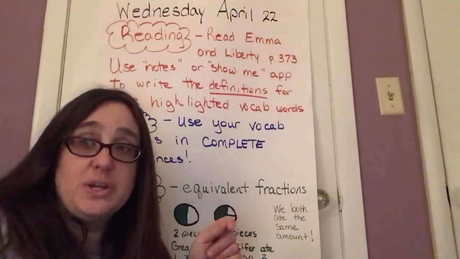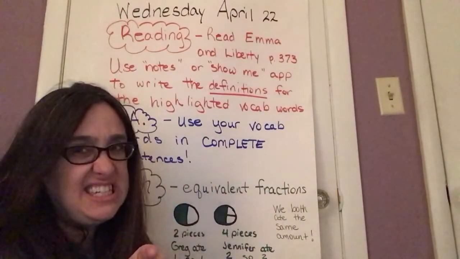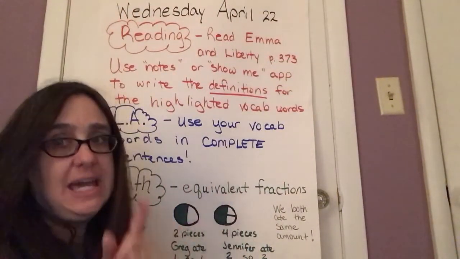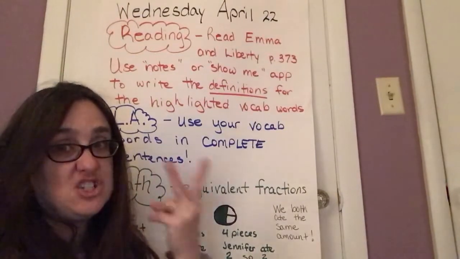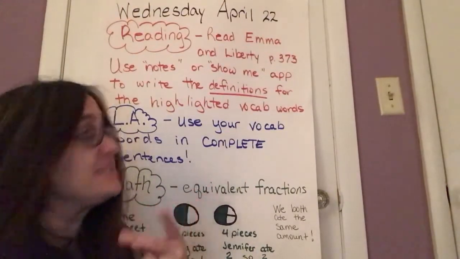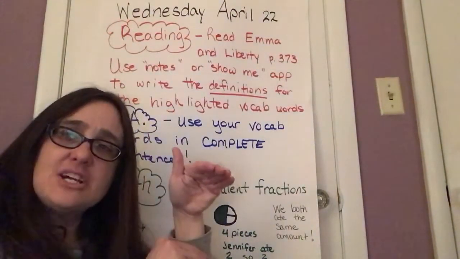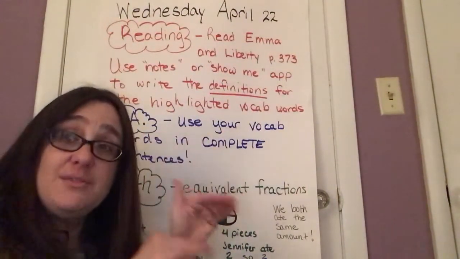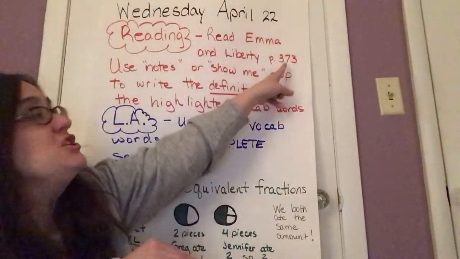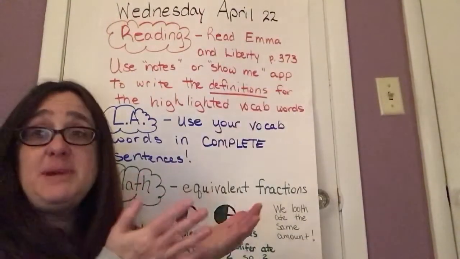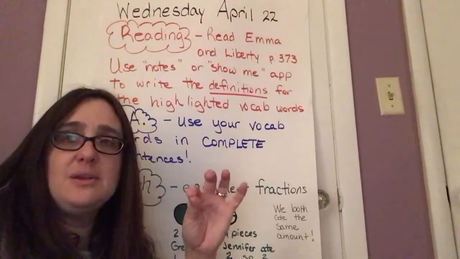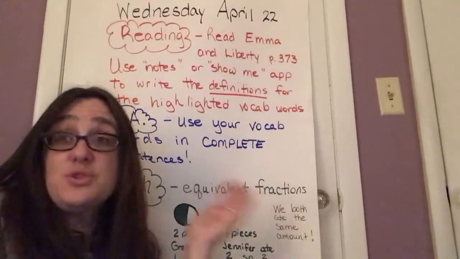Yesterday, you were supposed to read the whole story. If you didn't get that done, read it again today. Make sure you've got that story read because you got to have it read twice in 4 days, okay? But then today, you're going to read just that little tiny section, that one little page that has your highlighted vocabulary words on page 373. And on page 373, find those highlighted words and write the definitions, which of course are at the back of the book.